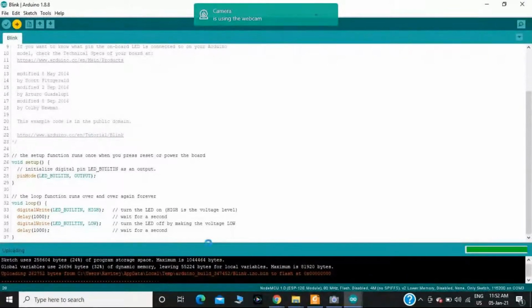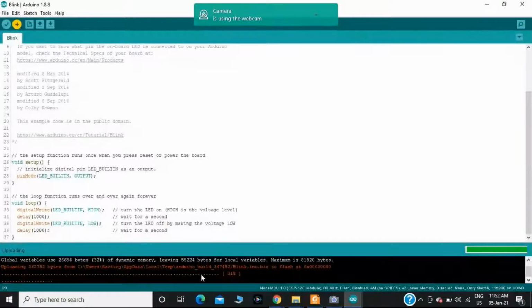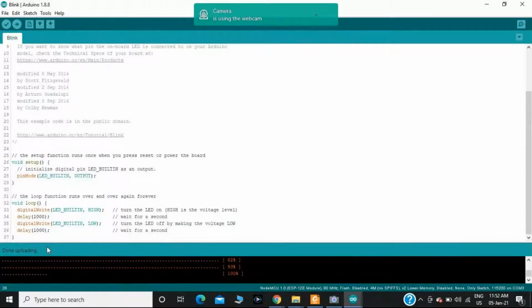In the program notification area, it is showing the uploading process. Uploading is in the status bar. At the intermediate stage, don't remove the wiring connection between the Node MCU and the laptop.